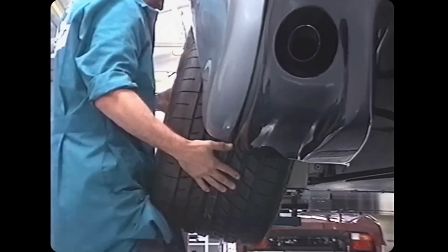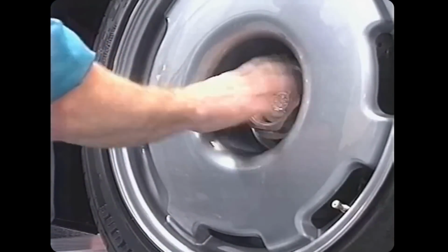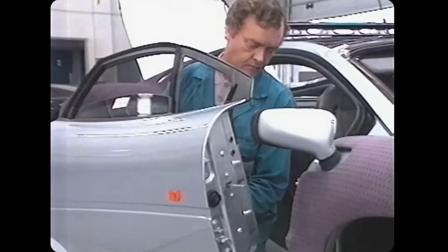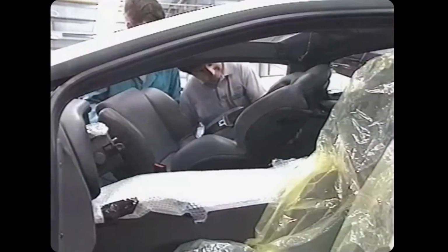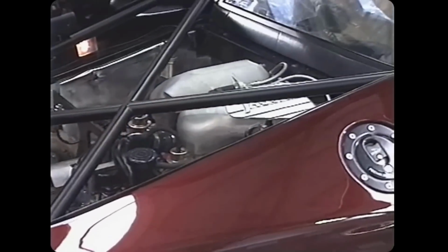As a result, sales of the XJ220 were very poor. They only planned to build 350 in the first place, and they couldn't even sell that many, managing to sell a total of 282. With a top speed of 212 miles per hour attained by the XJ220 thanks to its